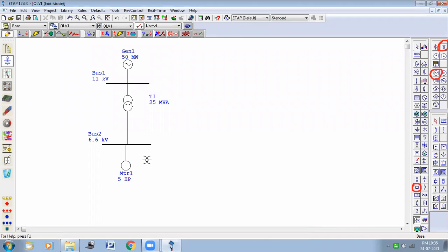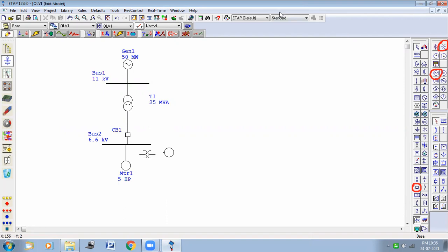First of all, select PT here in this portion, then select one voltage relay and take it here, and select one high voltage circuit breaker, click it here, and just click on this line. It is automatically connected. The ID of this circuit breaker is CB1.